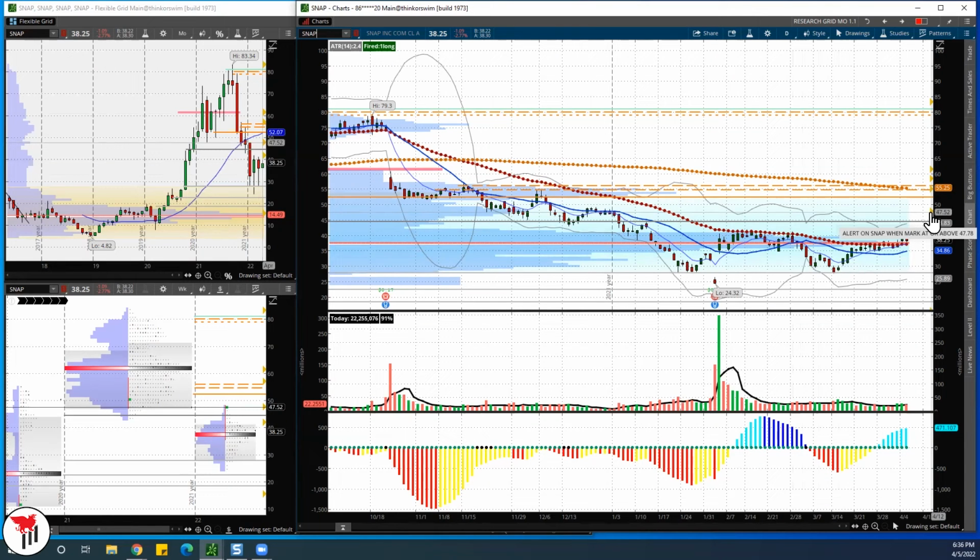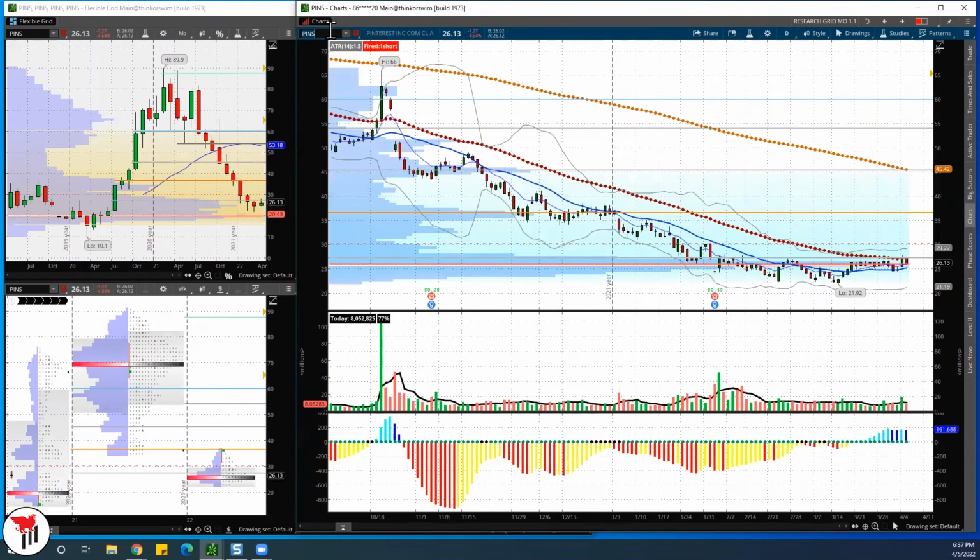Snap. It's just a breakout play, 42 for 47, which is 5 points, which is 10, 12%. That's a good move right there. Let's see. Let's do the ones that used to be the open economy and stuff like that. So Pins, one more right here. Pins, good volume yesterday. No continuation today.